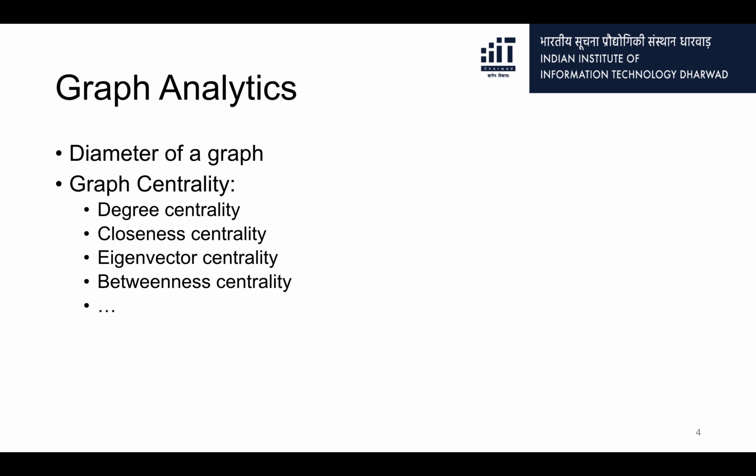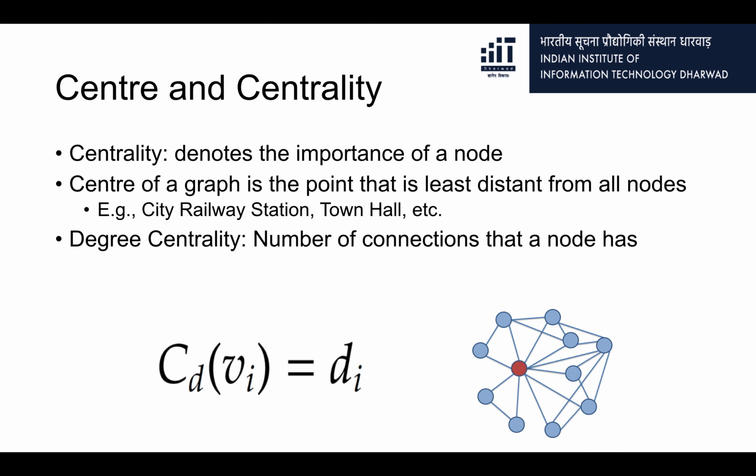There are other measures of centrality like degree centrality, closeness centrality, eigenvector centrality, betweenness centrality, and we will see some of those as we go along, right. The idea of a center or centrality is very important in graph analytics. It helps us find the important players in a game, important and influential nodes in a social network, or some other notion of a key player or an influential player in a graph, right, in whatever real world domain we have represented as a graph. So, a central one shows importance of some kind for the node, right.